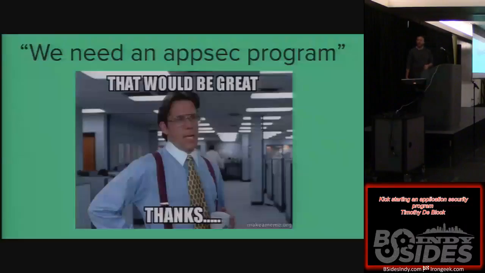So my first journey started with, we need an AppSec program. I'm mentioning this here because one of the first things you need in building an AppSec program is leadership and management support. If you don't have that, you're probably dead in the water. It's going to be very difficult to get anything started and anything done. I have had to lean on management sometimes to make sure that when new applications are coming through, they're going through security.